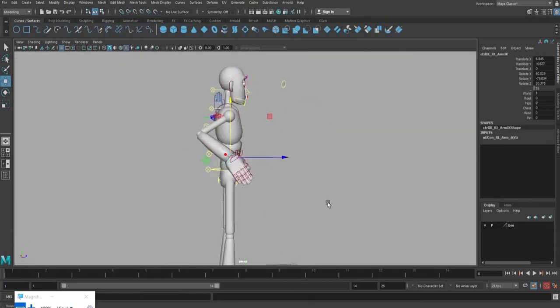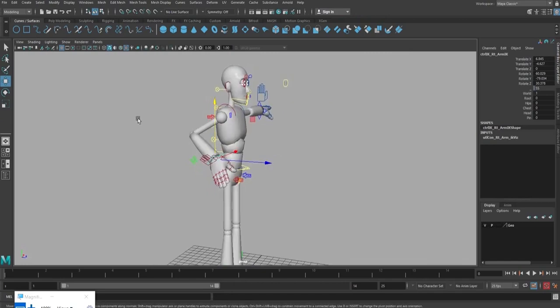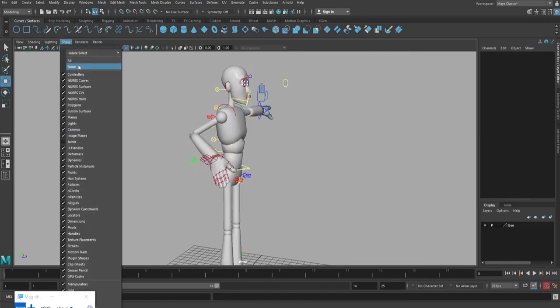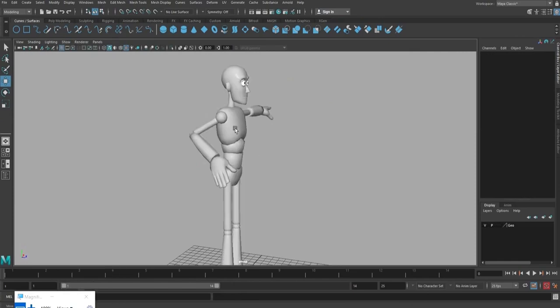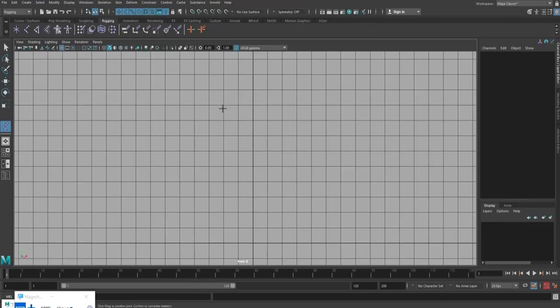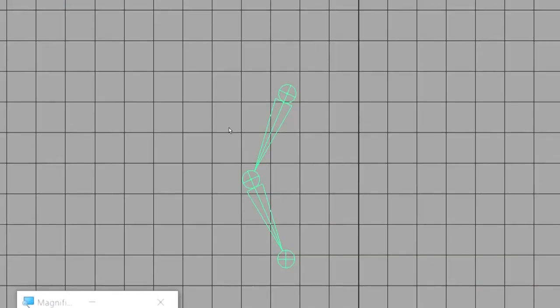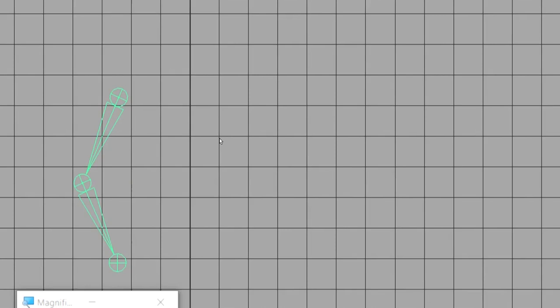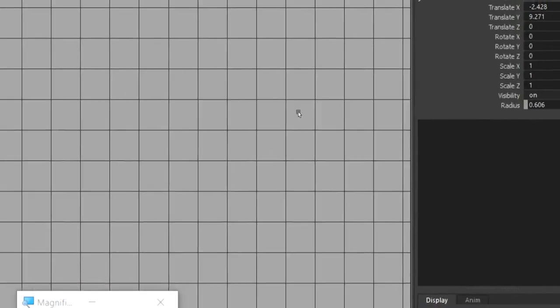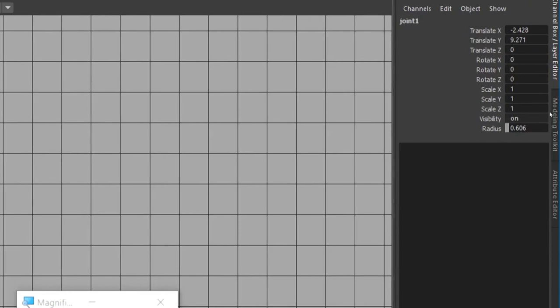So we are going to create a similar thing. Something like shoulder, elbow, wrist, enter. One more thing: when I click on this joint and go closer, for me it is coming clearly, but in case you are facing issues, when you select a joint you can see something called radius.